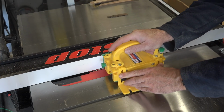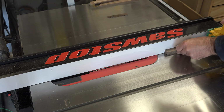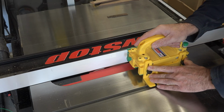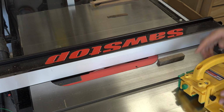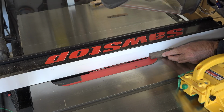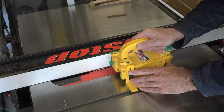The initial stock is 3/4 of an inch wide. Now we need a 1/2 inch wide dado in the middle of this thing. So what I've done is I've set the fence for 1/8 of an inch. That will start off our cutting and leave an 1/8 of an inch piece of board on either side of the dado. The height of the blade is set at 3/16 of an inch, and that's the thickness of our